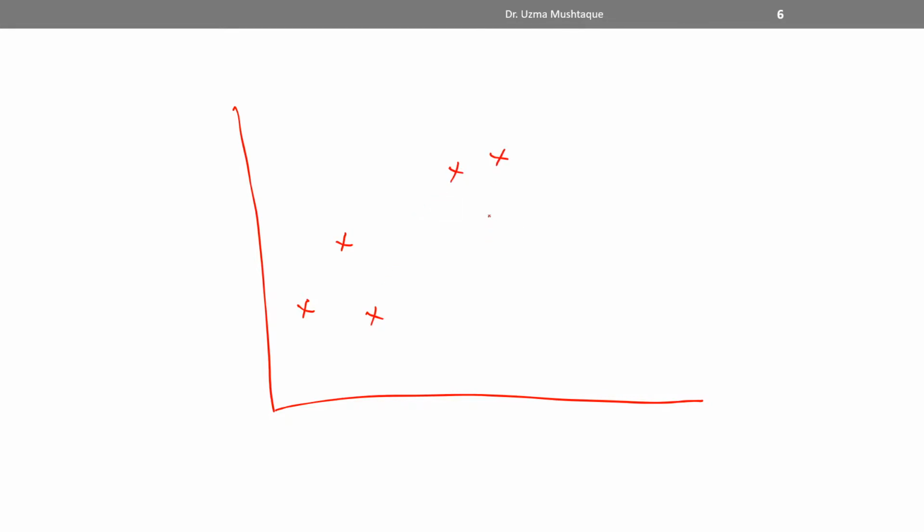Okay, let's see how this algorithm actually works if we want to visualize it, right? Let me assume a very simple case where I have very few points. Let's say my data looks something like this, right? Now, step 1, all of these are clusters. So I have 6 clusters, right? I begin with 6 clusters and I'll see which 2 points are nearest. So I can tell these are the nearest. So this is another cluster. Now I'm down to 5 clusters, right? Again, I'm going to find out which 2 clusters are the nearest. I see that these two are quite close to one another. So this is another cluster.